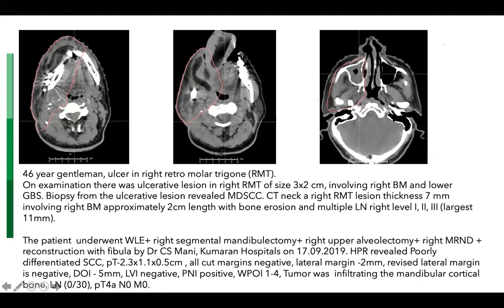So again, we see here, we have included the flap. We have come posteriorly. So all areas where there is any disruption post-operatively have to be included in the target. We have included the oropharyngeal region here, the tonsillar fossa, and then come across the cut end of the mandible. It is important to come across the cut end of the mandible.